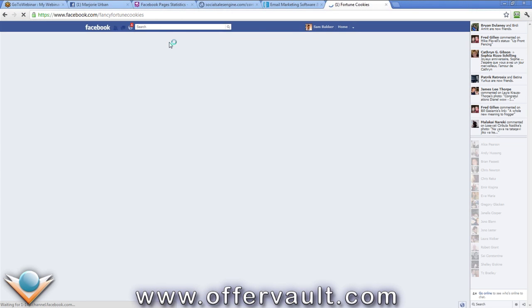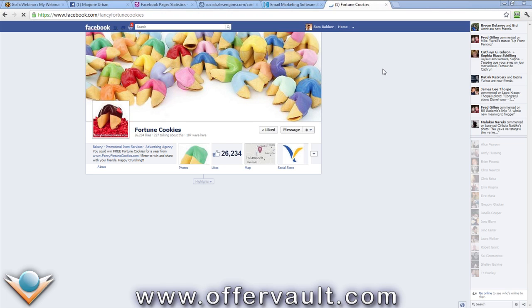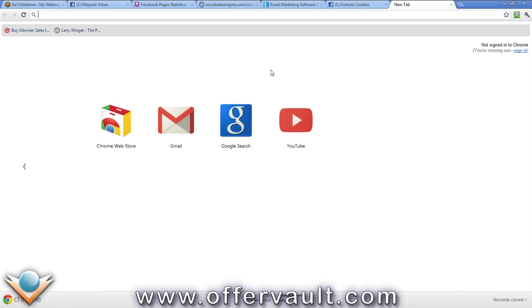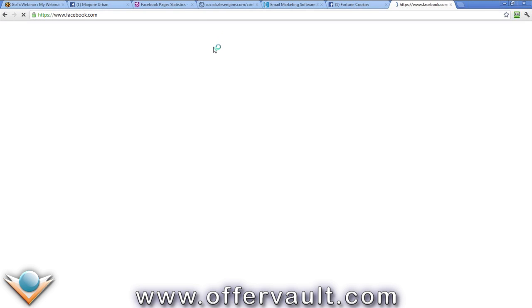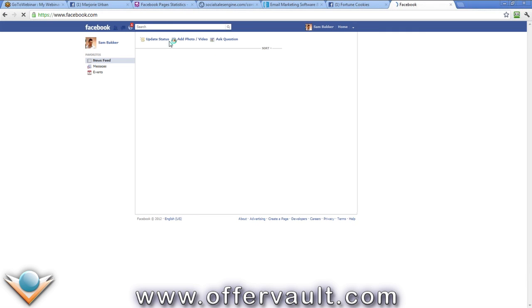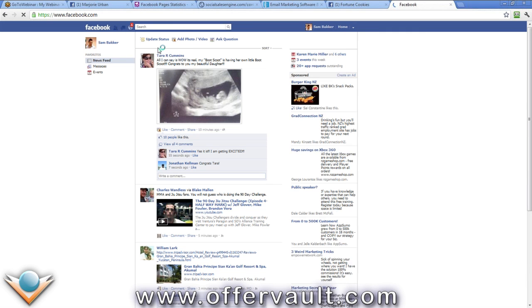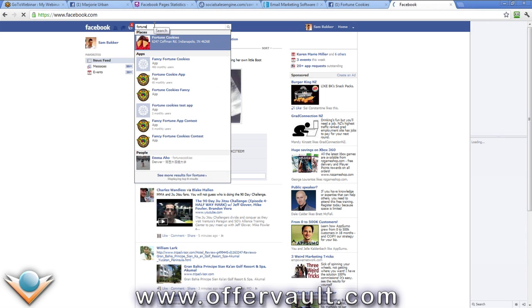So there's this application right here, okay? We're going to generate something for this page right here, this Fortune Cookies page. So what I'm going to do is open up another window in Facebook, and I'm going to show you a Fortune Cookies example. The application we're going to generate for this page is going to mean that it can run a contest from its page. So I'll just go Fortune Cookie